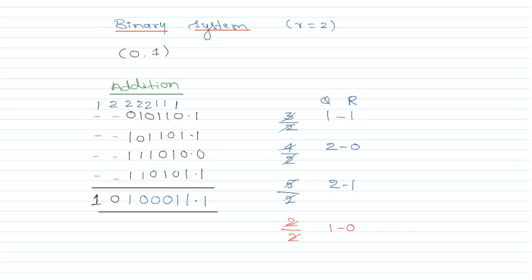I'll take the decimal system as another example and we will try to generalize it. So now when I go to the decimal system, in the decimal system the R value is equal to 10. Here the R value is equal to 10, and let me just take some numbers.